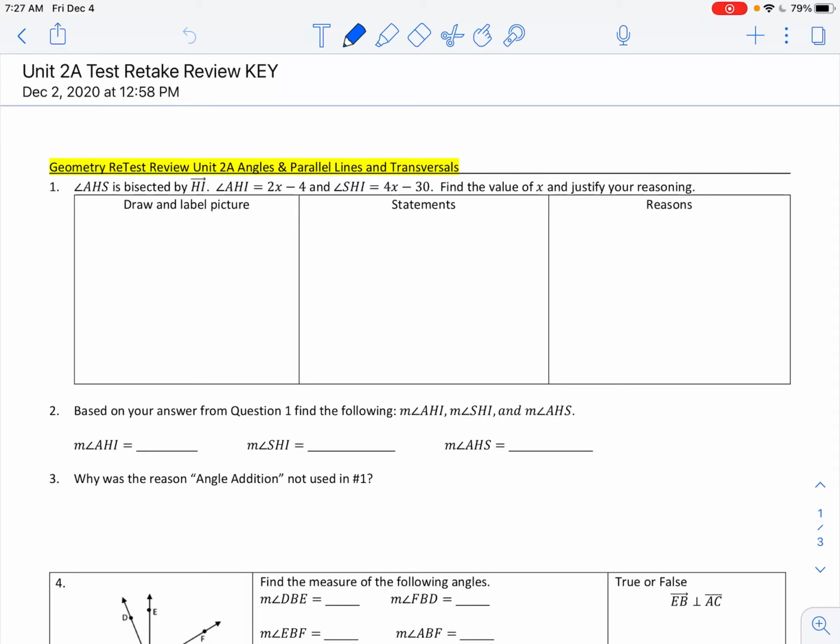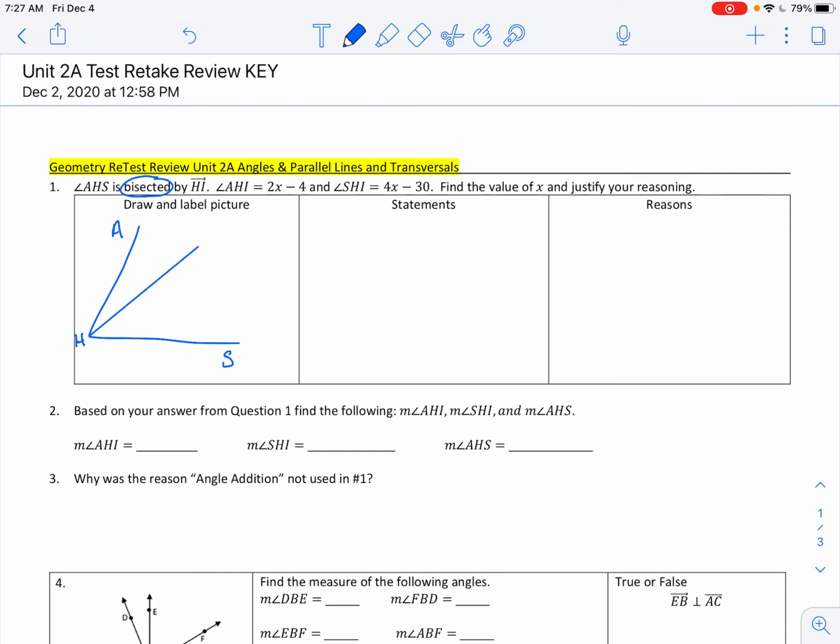So on the 2A retake review, number one's tricky just because it doesn't have a picture. So it says angle AHS. So I don't know if it's acute, obtuse, right, or straight. So I'm just going to draw this, and I'm going to use H as my vertex because it's the second letter stated. So I have my angle, and it's bisected by ray HI, which means when I draw this other